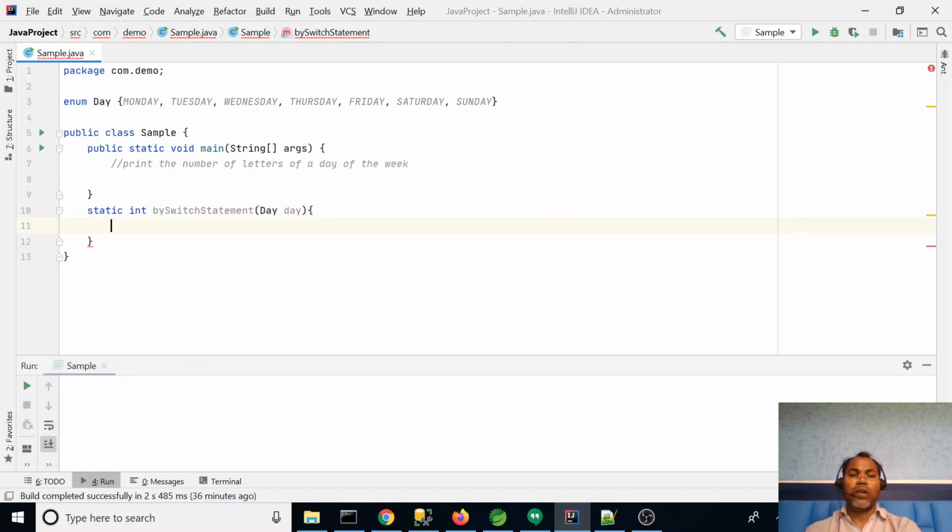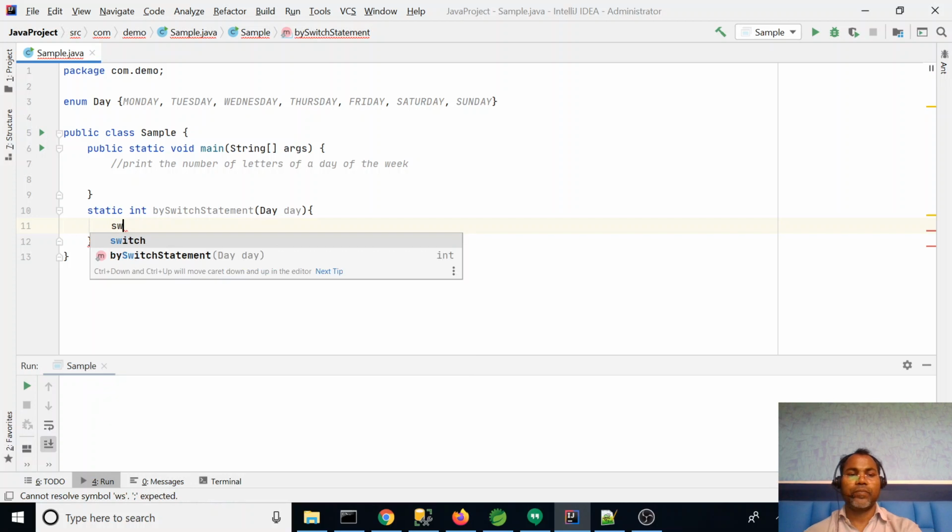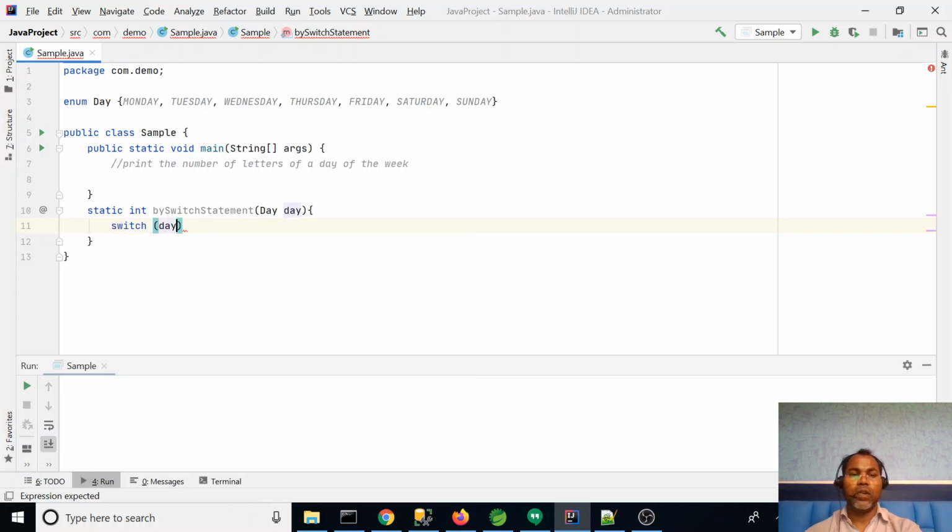As already mentioned, if I write switch day, the switch does not return any value. First, we have to declare one variable which can be updated by this switch statement. We have to declare numLetters, initially 0.